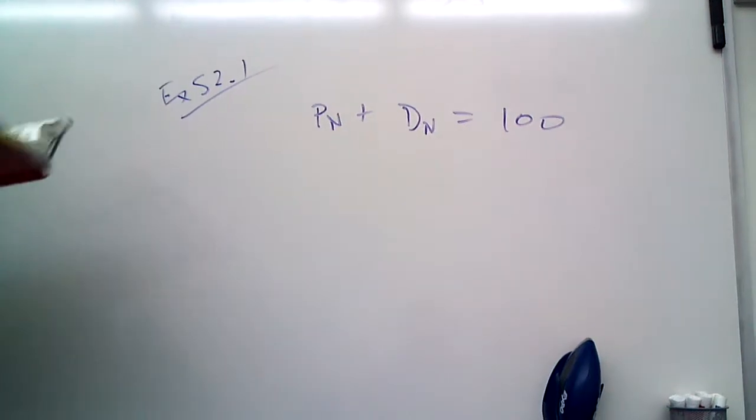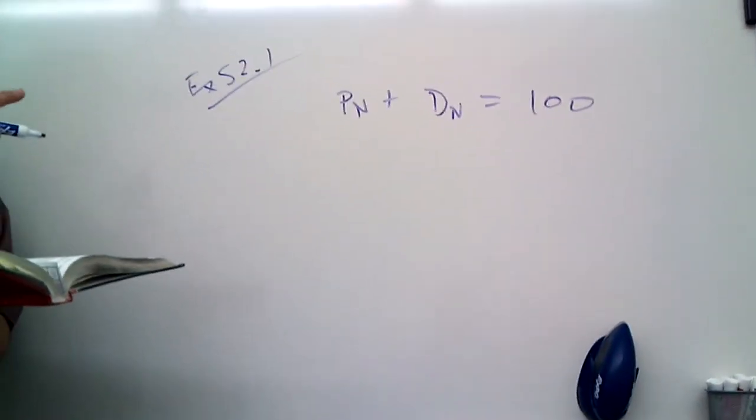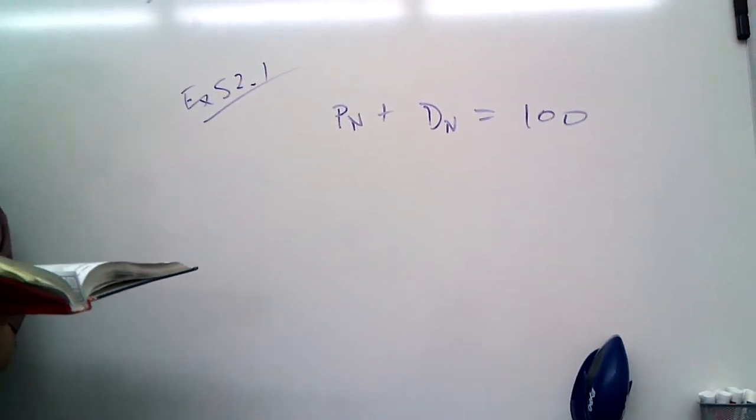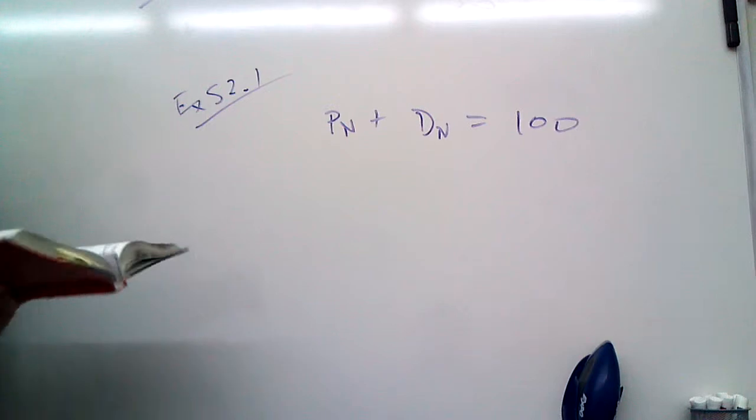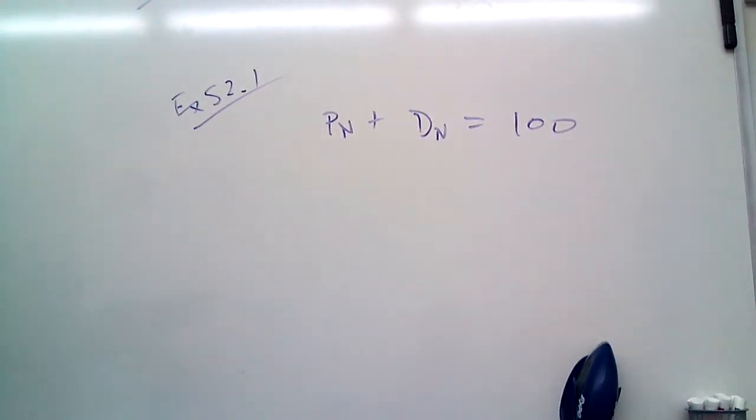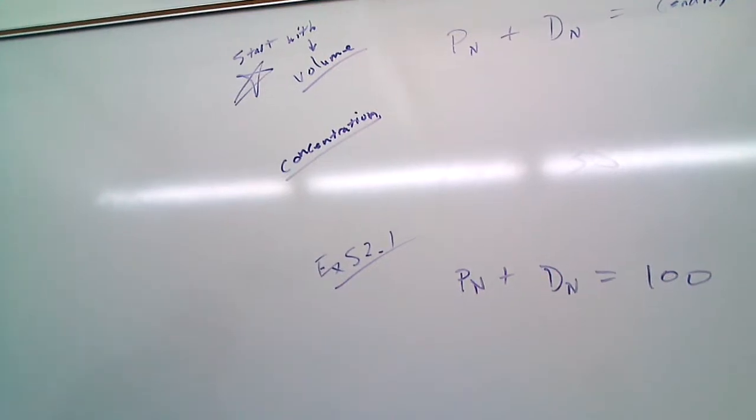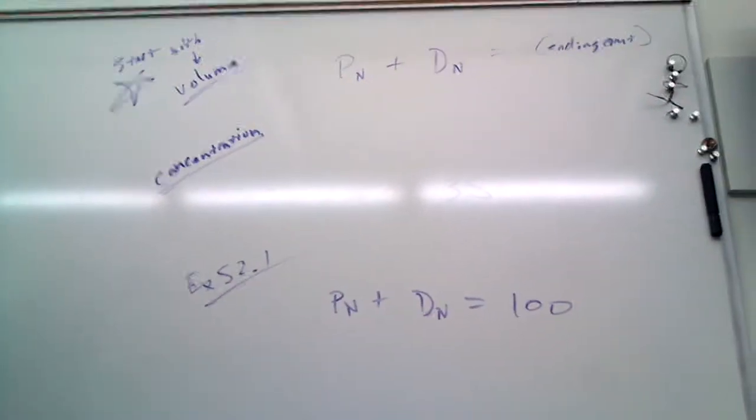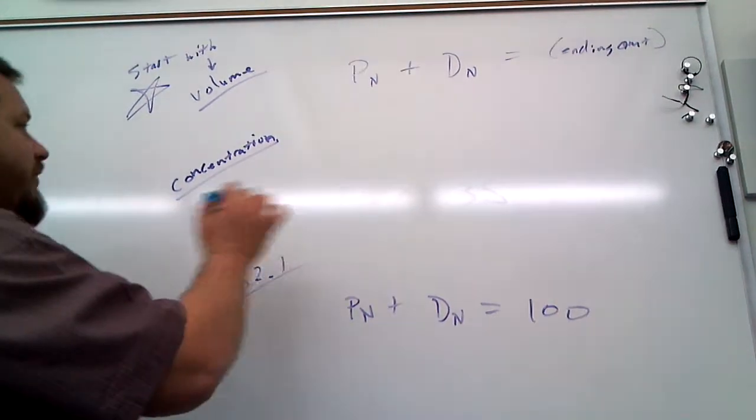Now, the next thing is, how many variables do we have, by the way? Two. So how many equations do we need to be able to solve this? Two. Good job. So what we need now is our concentration equation. And to get the concentration equation,